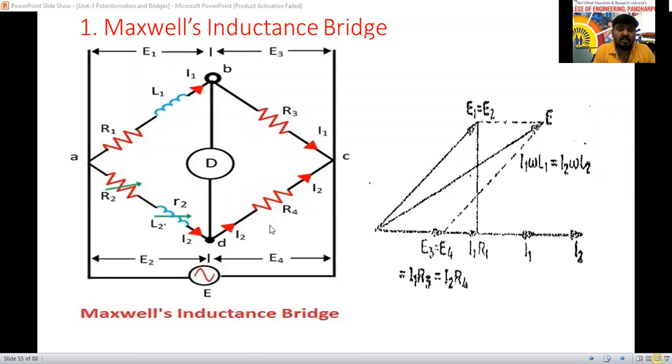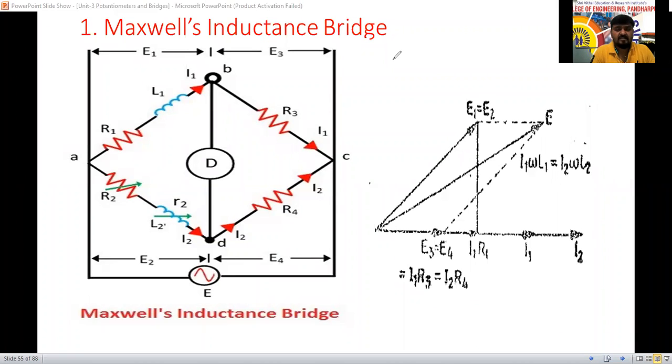But if we are using a combination of resistance, inductance and capacitance, then the second name came: Maxwell inductance capacitance bridge. The capacitance acts as just a known value. We are not going to measure the capacitance value. We use these bridges for the measurement of self-inductance only. It is an advanced form of the Wheatstone bridge. In the DC bridges we use resistances, but in the AC bridges the resistances are replaced by